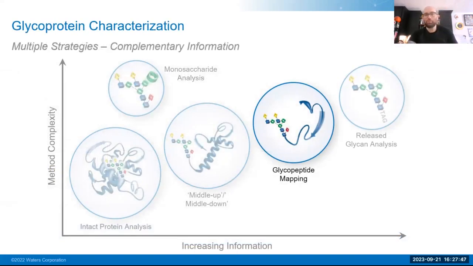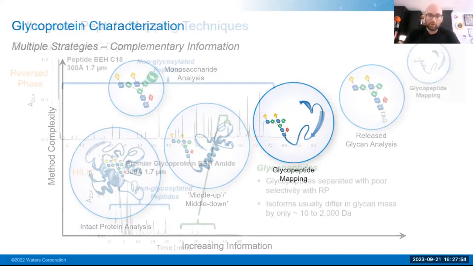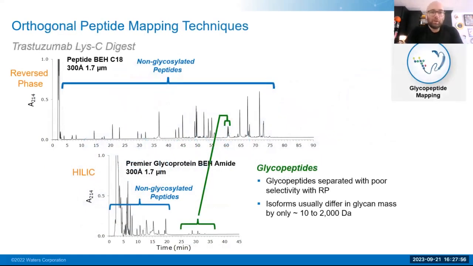Again, as we move through this process and want to gain more information, we can even leverage a glycopeptide mapping approach. And we look at glycopeptide mapping. Anyone who's done peptide mapping knows that, as opposed to performing the digestion and then leveraging an enzyme like PNGase F to release the glycans, what we're actually doing is keeping those glycans on the individual peptides themselves.